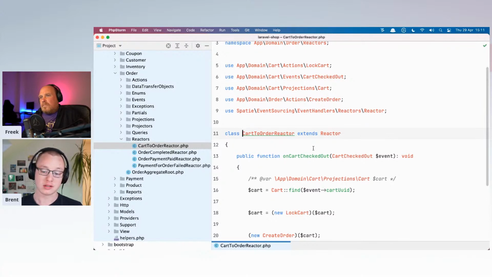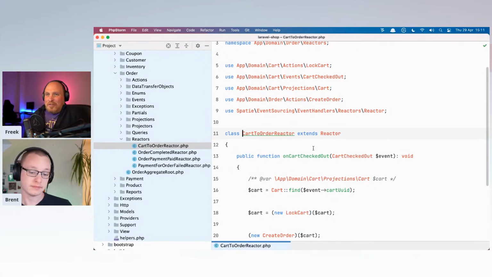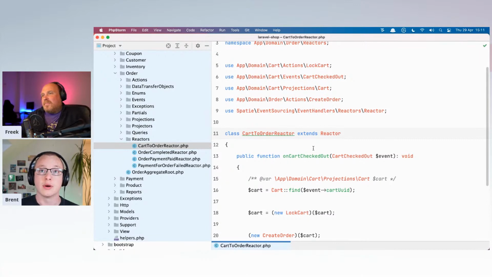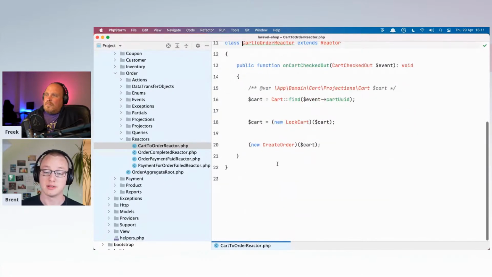They're only triggered once, when the original event happens, and not on replay. So reactors are a great way of moving the program flow forward, and this could mean sending a mail or creating a PDF. But it would also mean if a card is checked out, we're going to create an order, and that's exactly what happens here.